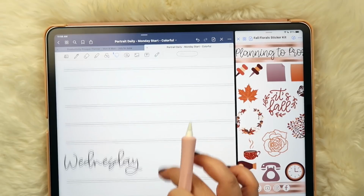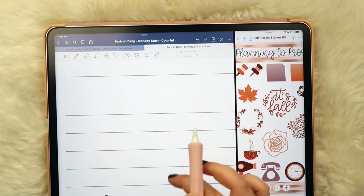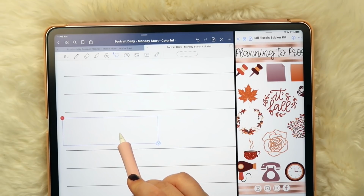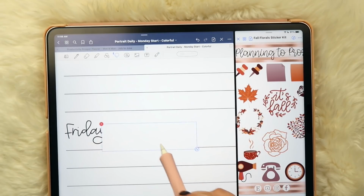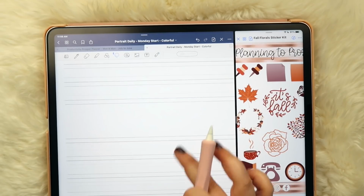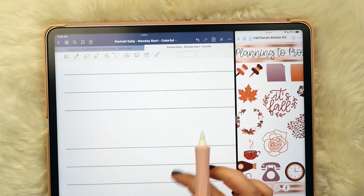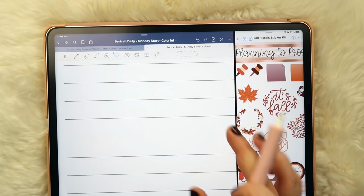Once they're in the actual script, or the font, you won't have to really do this because you can easily line it up and everything. But this is the quickest way to white out anything in your planner, is just to do this little screenshot trick. I love it. So I'm just going to cover all of that up, and then we're gonna start grabbing